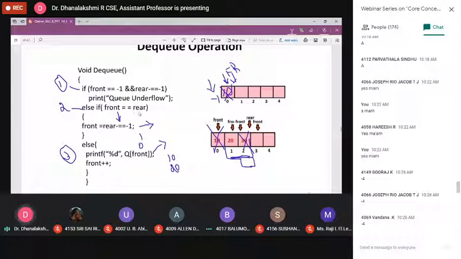In our queue we have only one element. At that time our front and rear have the same value. In the previous condition also, front and rear have the same value, but you have to verify whether the same value is equal to -1; that implies the underflow condition. If it is the same value and only one element is there, then after this deletion, we have to check this condition and set front and rear equal to -1. Got it?